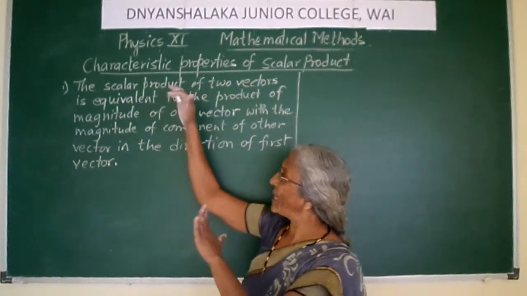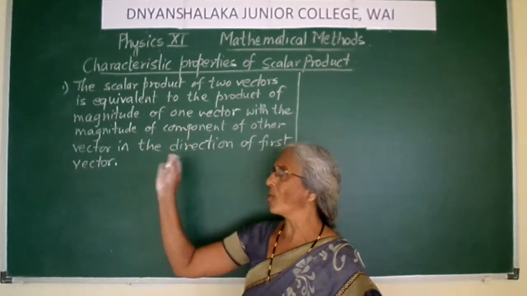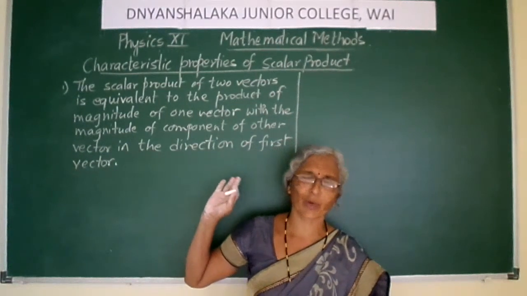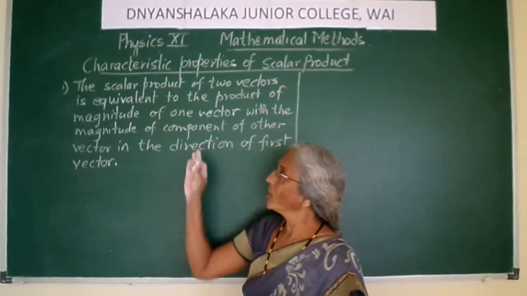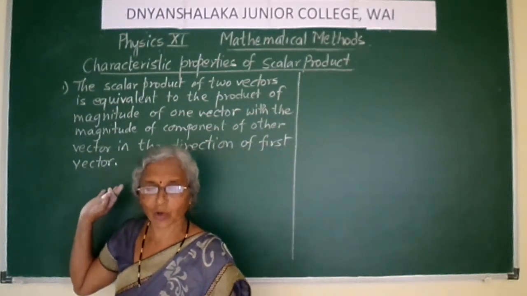Now let us keep this written there on the board. We'll understand it, then we'll go again into what we have written, and then only you will understand all these points very well. Okay, so just write it down in your notebook. I want this characteristic written in your notebook, and we'll go for